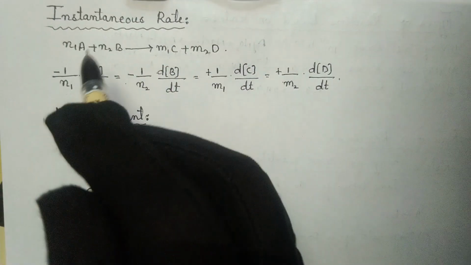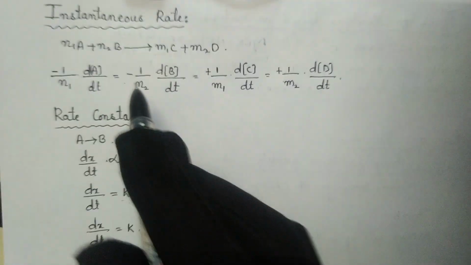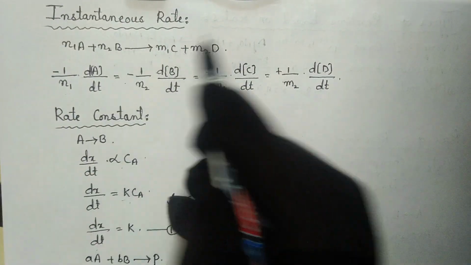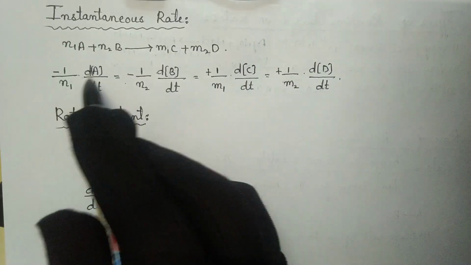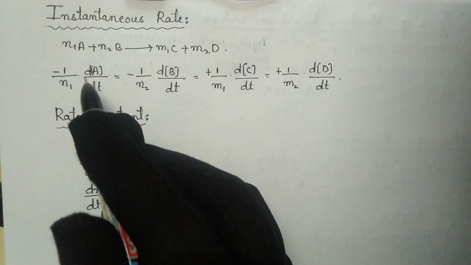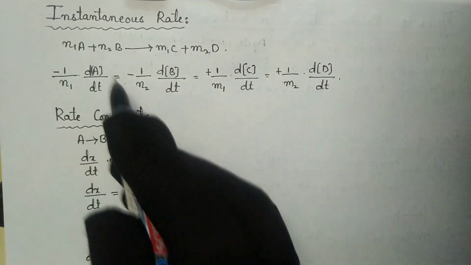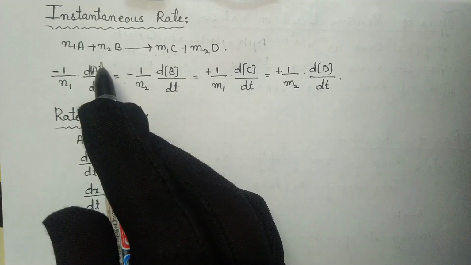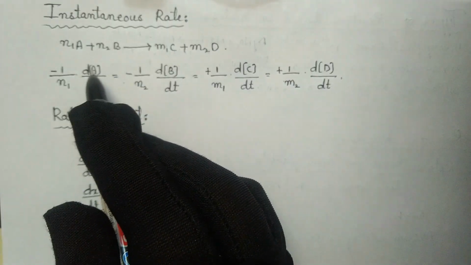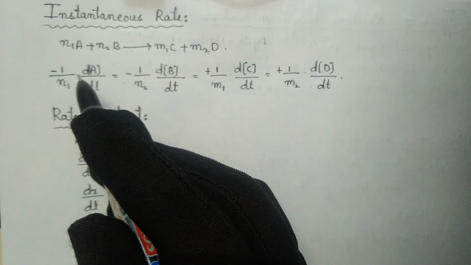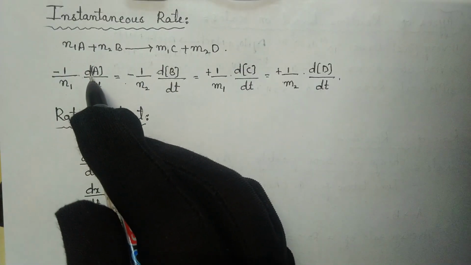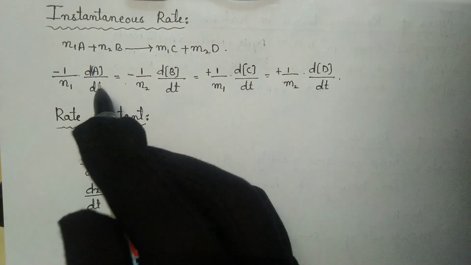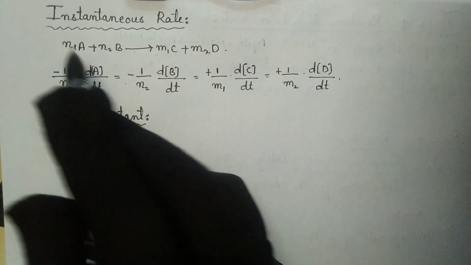In a similar way we have to write the expression of instantaneous rate like in average rate, but here we will use the symbol D in place of delta. Instantaneous rate means the rate measured for a small interval of time. For calculating the change in small quantity we will use differentiation D. So that's why we are writing D here for instantaneous rate.